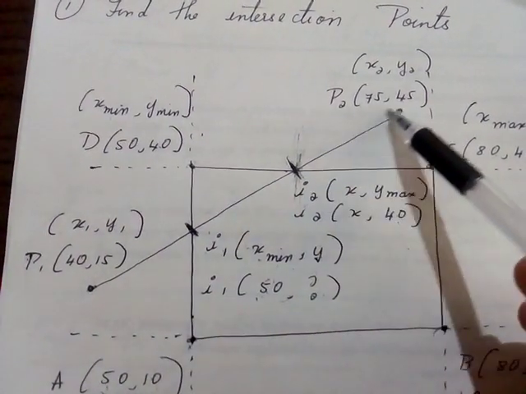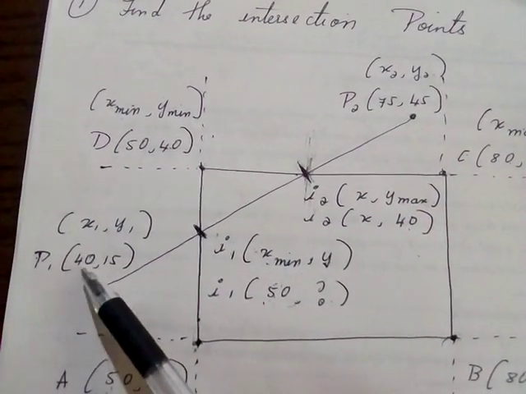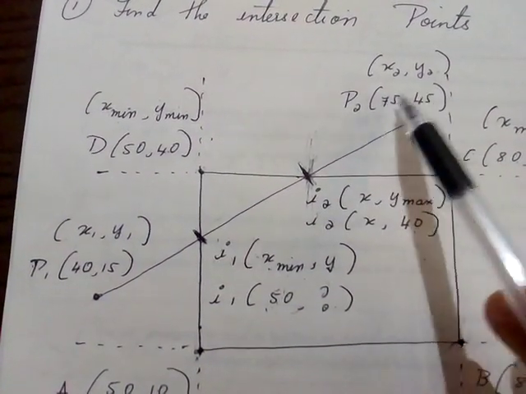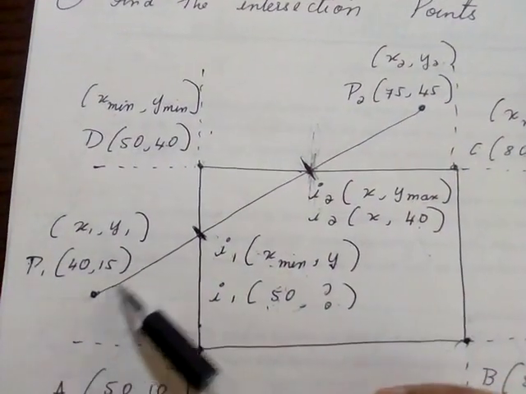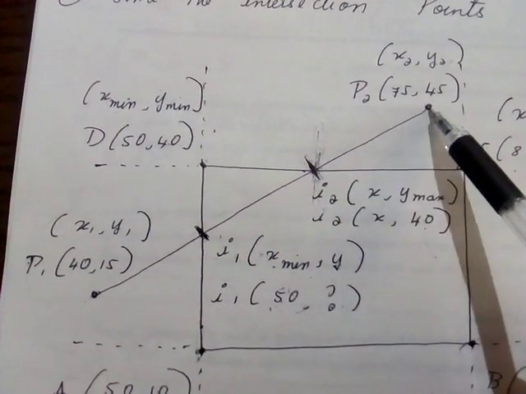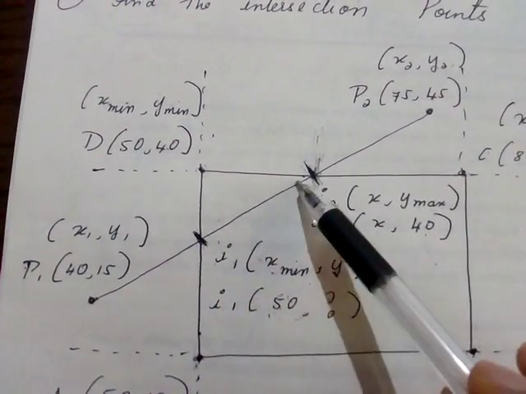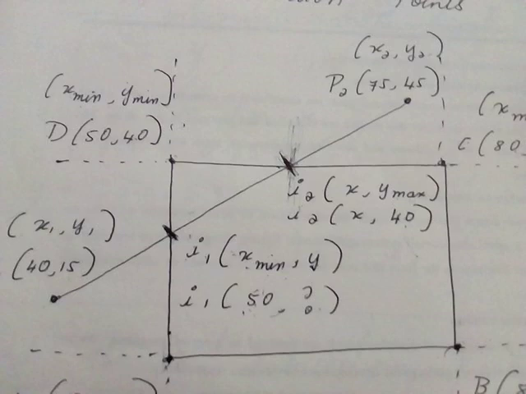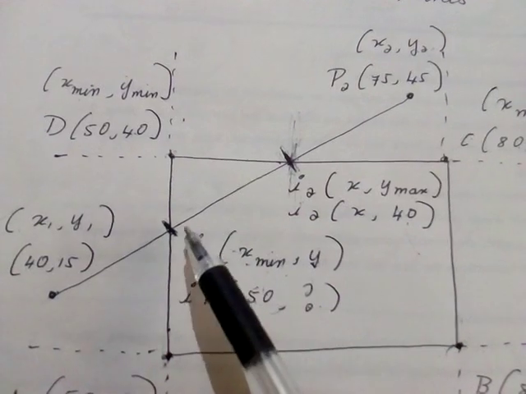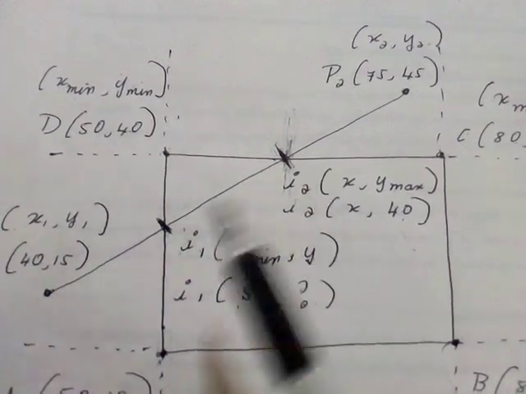This is the line which they have given us for clipping, that is P1 P2 is the line, and its coordinates we'll call x1 y1 and x2 y2. So this line you can see that partially it is outside, partially it is inside, and here it is outside. So this region has to be clipped and only this region will be visible in the window as output. So what we have to do here is find two intersection points. This intersection point is known as I1, this intersection point is known as I2.